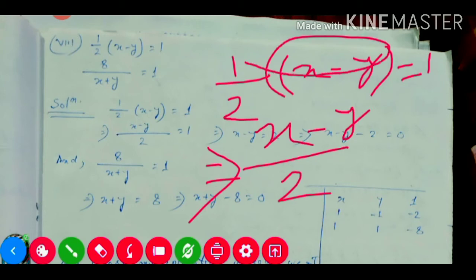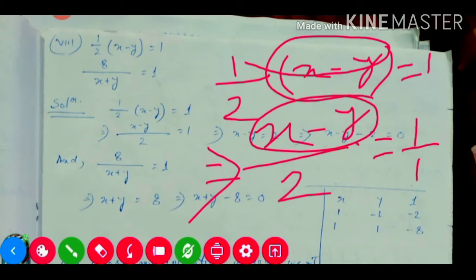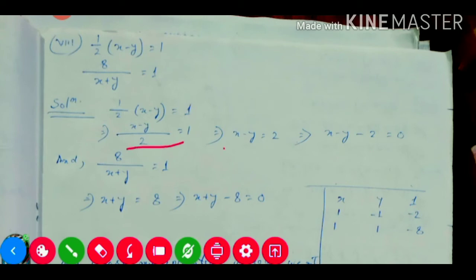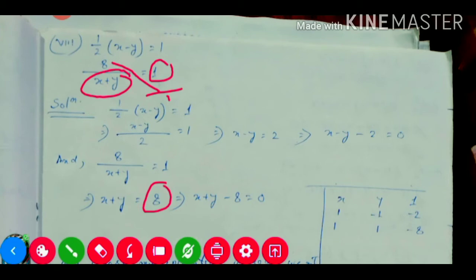If we multiply 1 into this one, the same will remain, x minus y is equal to 1. Now cross multiplication. So the denominator is 1 also, because for a whole number the denominator 1 is common. So cross multiplication, so it will be x minus y into 1 is equal to 2 into 1, so 2. So we are getting this one by cross multiplication. Now this 2 will shift to the left hand side, so it will be minus 2. Similarly the second one is given directly, so we do cross multiplication: x plus y into 1 and 8 divided by 1 is there, so 8 into 1 is equal to 8. Now this 8 will shift to the left hand side, so it will be minus 8.